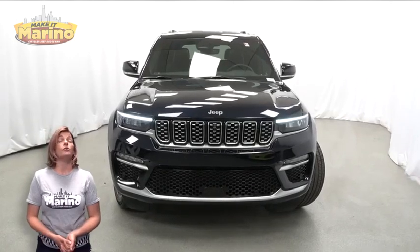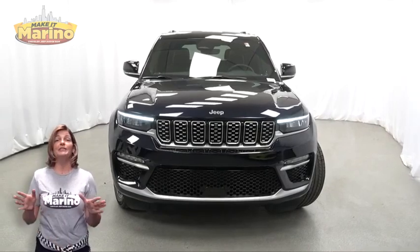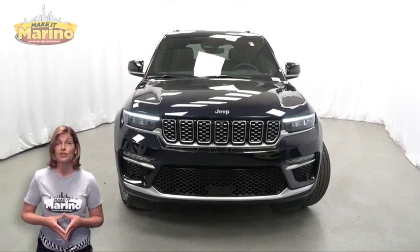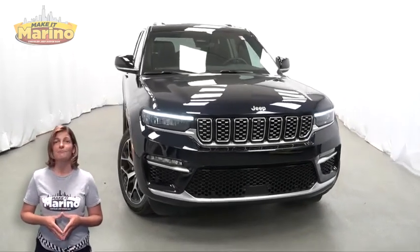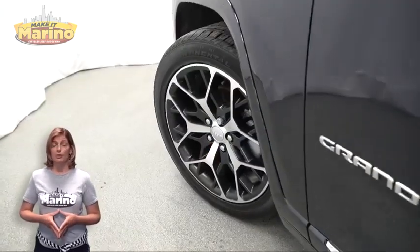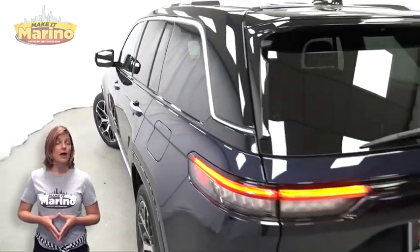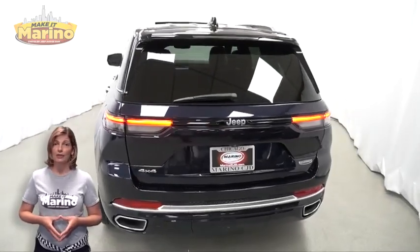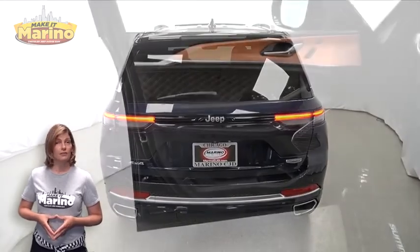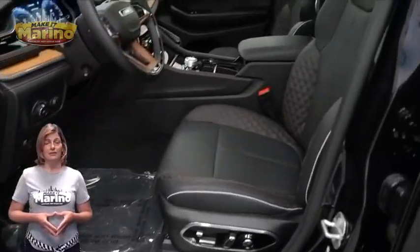Looking for a highly equipped SUV with all the right options and reliability? We'll take a look at this 2023 Jeep Grand Cherokee Summit Reserve in Midnight Sky. With HID headlamps, premium fog lamps, 21-inch tech wheels, heads-up display, tow package, heated and ventilated front seating, heated steering wheel, 11,000 miles on the odometer,